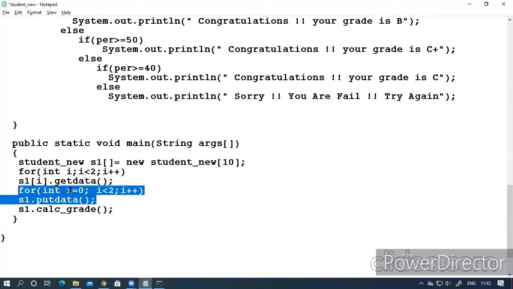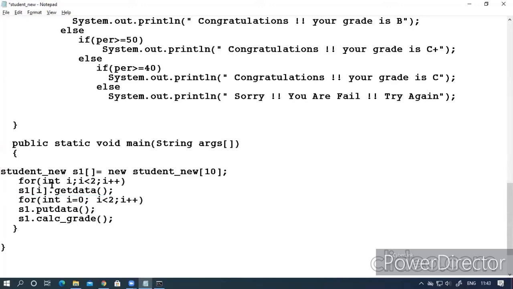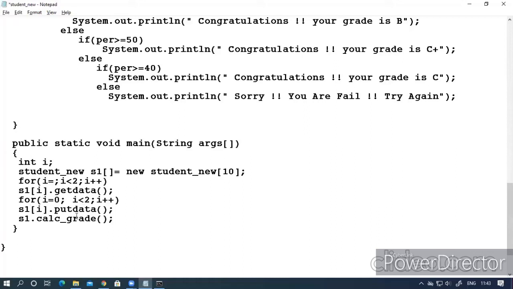So now this i value will be there as long as this loop body is there. If you don't want this, you can declare the i variable at the start. You can do it like this also. In that case, you have to initialize i to 0. In all the cases you have to initialize, because you want to start the loop again. Also you can do it like this.